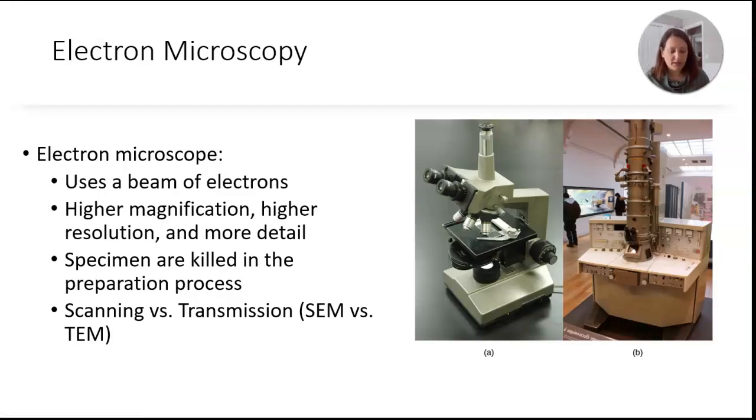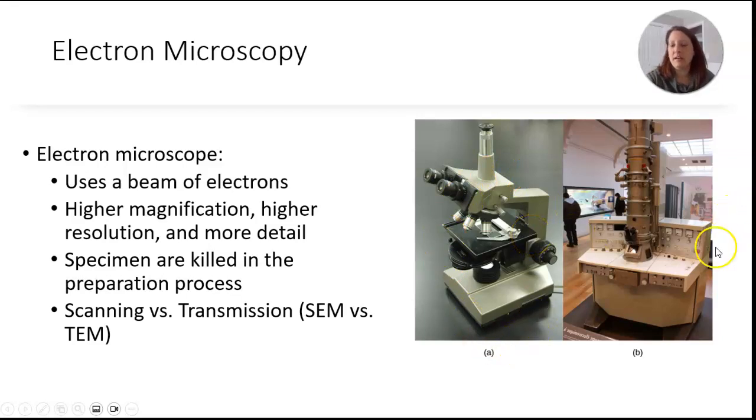Second type of microscopy that we're going to talk about, and I want to tell you there's many different types of microscopy. In fact, there's many different types of light microscopy. There's confocal light microscopy, fluorescence light microscopy, there's dark field microscopy, all using a basic light microscope. But I just wanted to touch on really 2 main types. So you got light microscopy, and here's kind of an older microscope. We still have these in the lab, but you guys have been using newer ones.